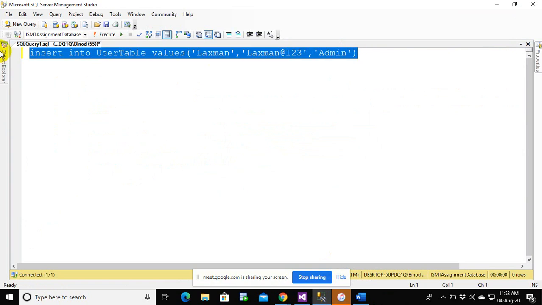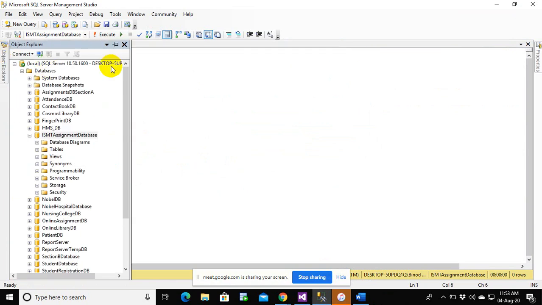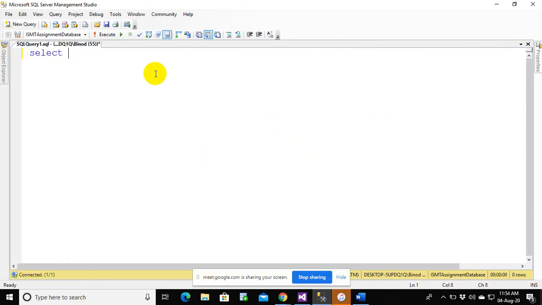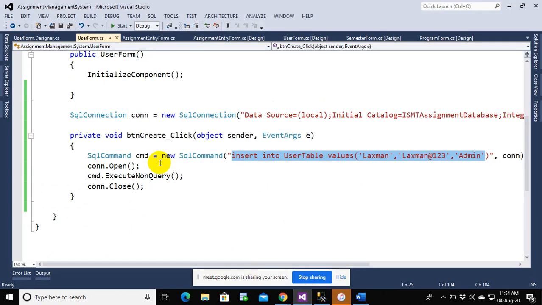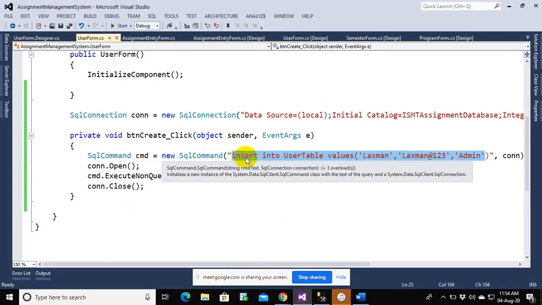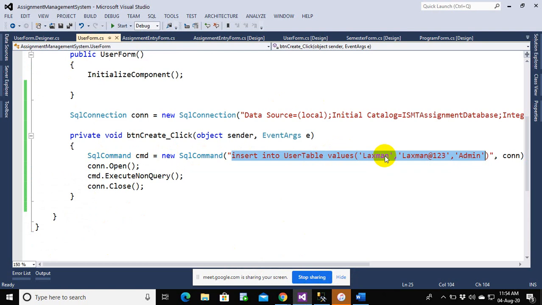Let me just select star from user table. You can see, although I provided this value in the front end, I am able to save this value. I also hard coded it over here. By just writing SqlCommand insert into user table with these values, I am able to save this value.